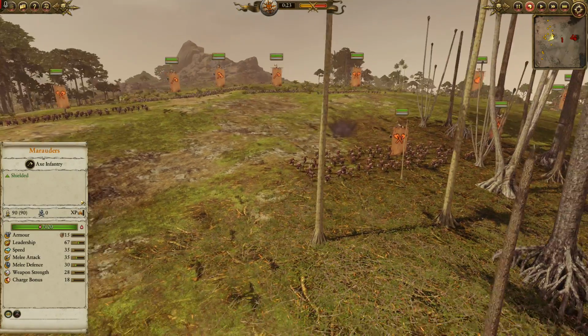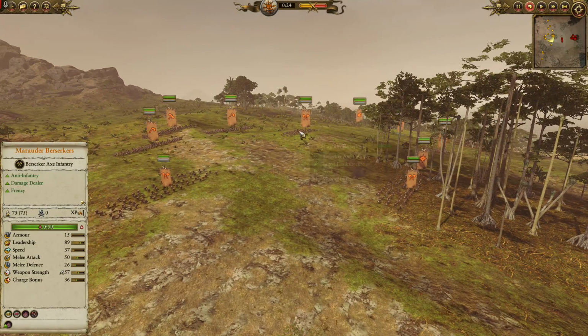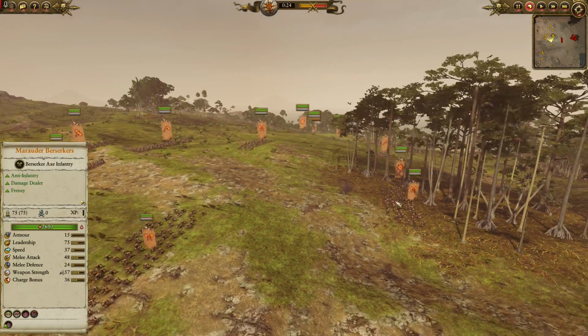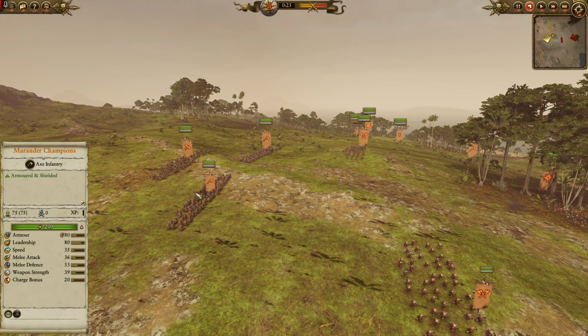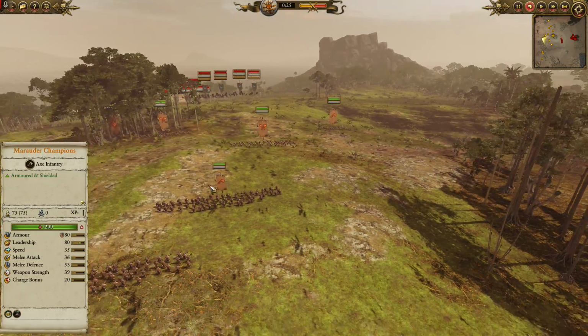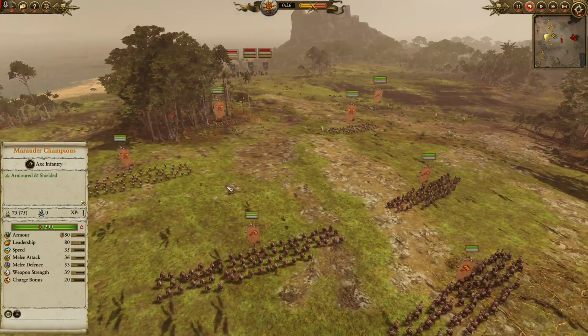There's the other group of Marauders. I believe it's 3 groups of Berserkers in the center. 2 chevrons in one, 0 in the other, and 0 in the other. So 2 with no chevrons, Wolfric the Wanderer, 3 groups of Berserkers. In the back line, 2 groups of Marauder Champions, and Marauder Champions with great weapons. And I'm going to just bring it all in one sweeping charge as I swoop up the flanks with the